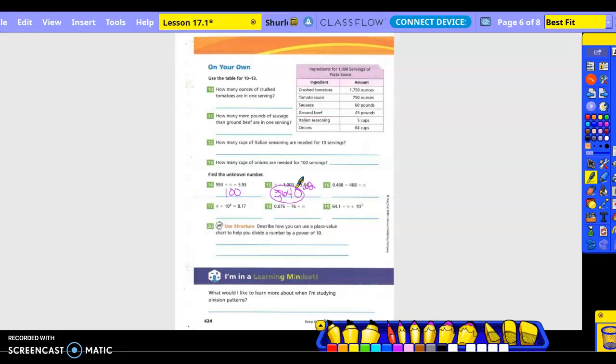Okay, number 16. I started with 468 divided by something got me 4 and 68 hundredths. So I moved it how many places? 3. So divided by 1,000. Okay, something divided by what's 10 to the second power? 100 got me 8 and 17 hundredths. So instead of going left 2 places, I need to do the reciprocal and go right 2 places. So my answer would be